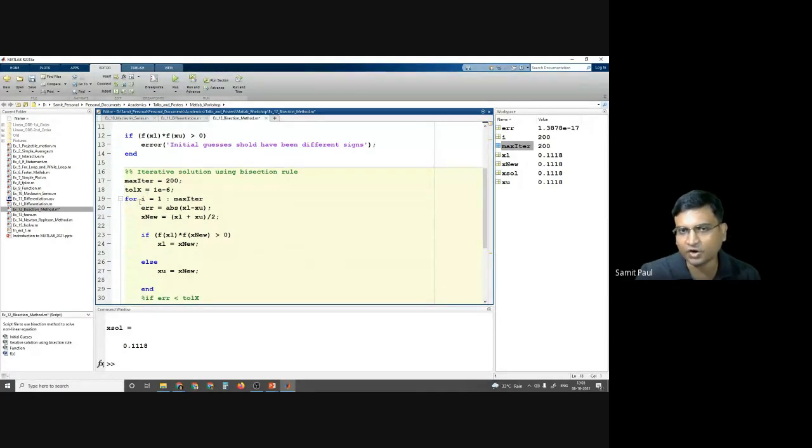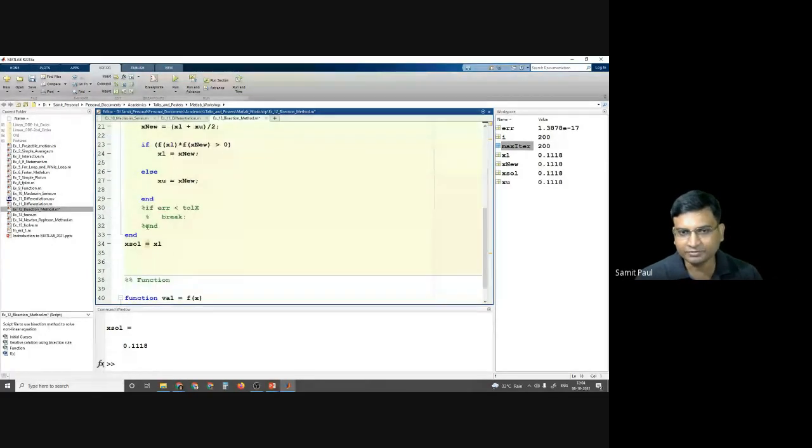Or this is also possible. Suppose I am defining a tolerance, tolx. That means the maximum error I can tolerate within my result is 10 to the power of minus 6. And within the for loop, I am giving this command: if error is less than tolx, then the for loop will break, means the for loop will no longer execute.